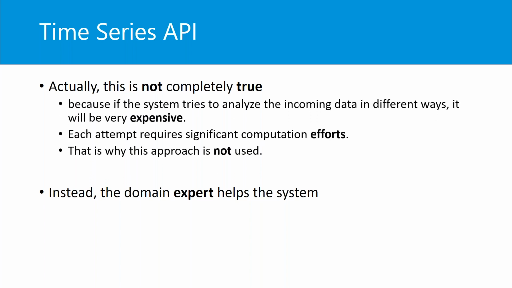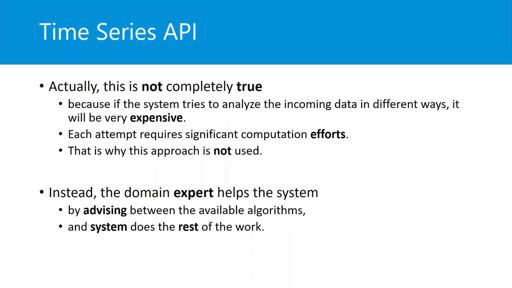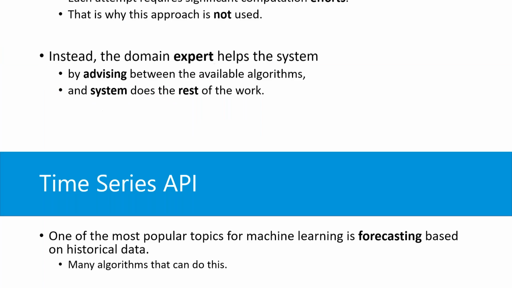Because the system tries to analyze the incoming data in different ways, it can be very intensive in terms of resources. So we don't use this approach. Instead, we will help the system in our API to determine which algorithm to use, and then the system will do the rest of the work. Okay, so